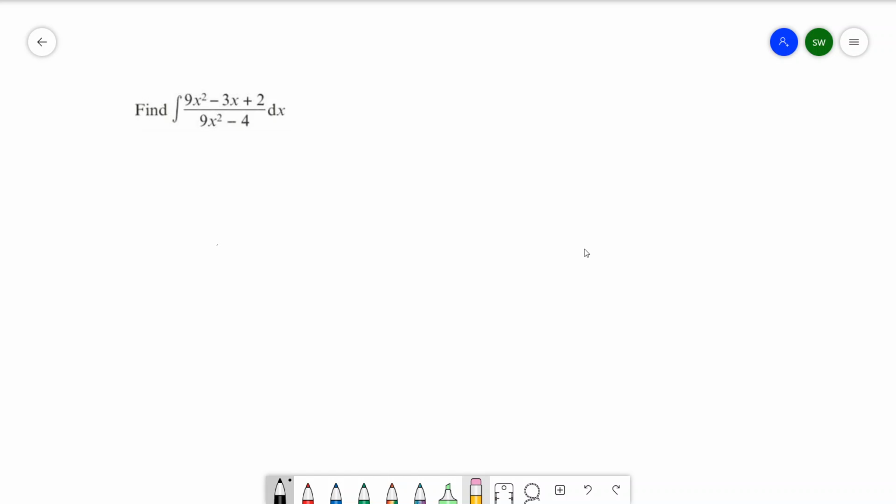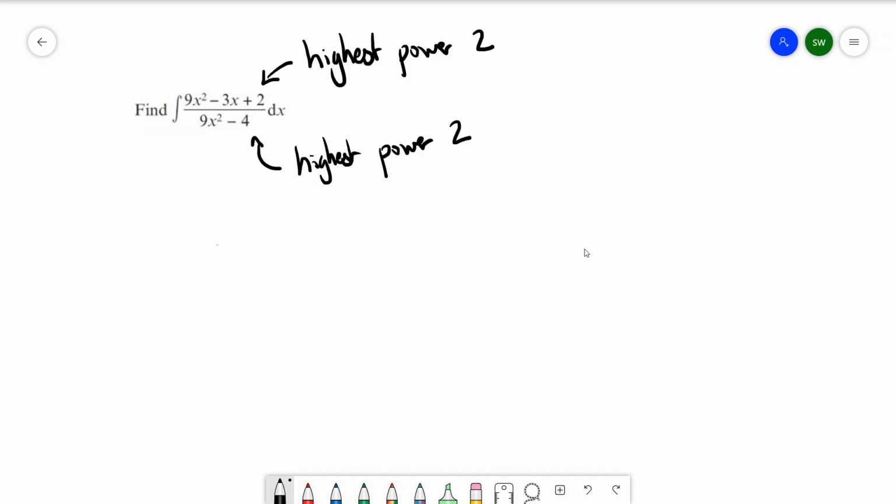So in this example, we're trying to integrate this fraction here, and it's a polynomial fraction because we've got a polynomial on the top and a polynomial on the bottom. This is different to the previous example because this is actually an improper polynomial fraction. The reason why is the highest power on the top is 2, and the highest power on the bottom is also 2. So we've got a degree or order 2 polynomial on the top and a degree 2 polynomial on the